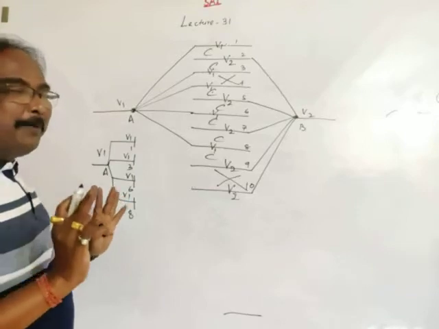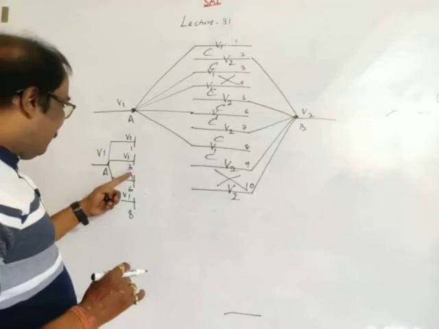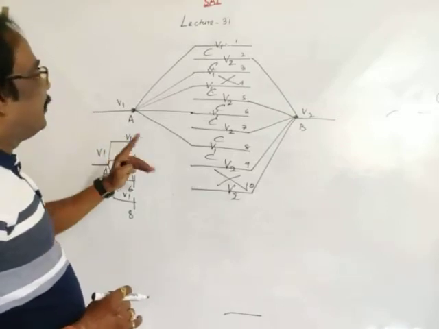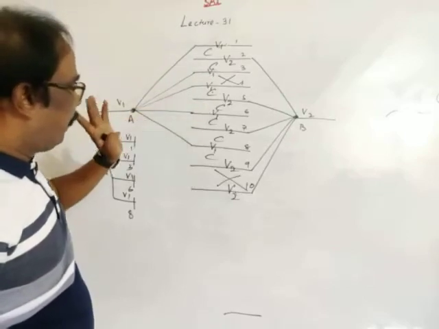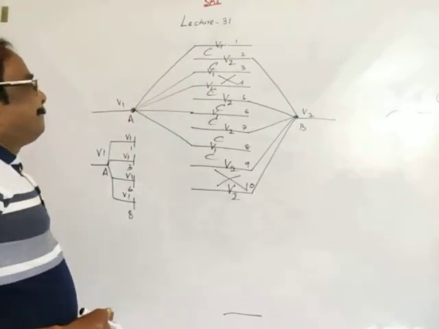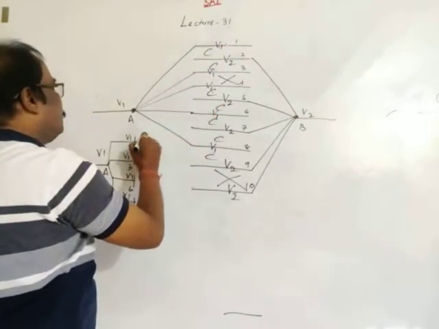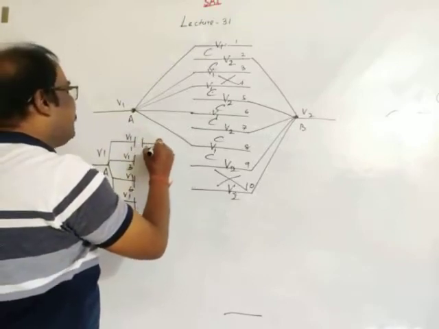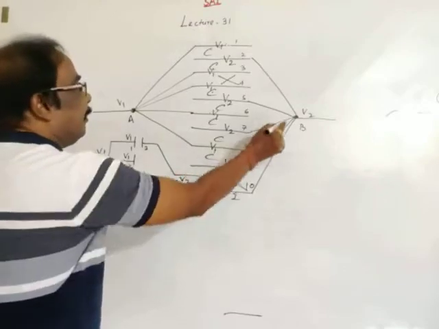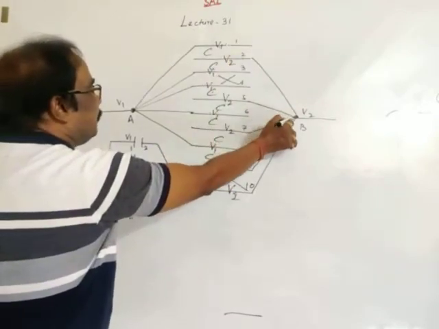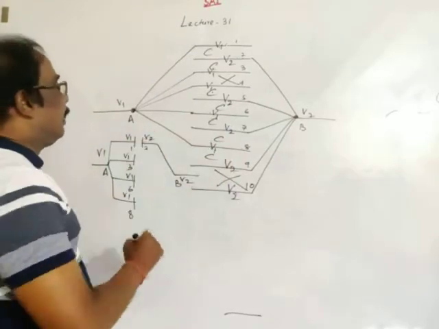We'll see then how many capacitors. We have 7 capacitors, but now we have got 4 plates: 1, 2, 3, 4. Then plate 2 should be connected at B, because B is at potential V2. Plate 2 is at potential V2, so there is a capacitance between 1 and 2.